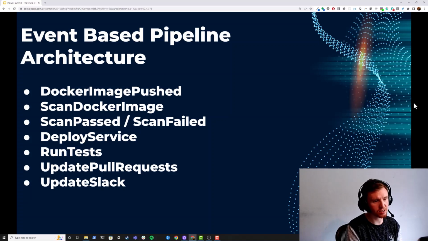And in this case, as the example, it's scanning Docker images, and if it's passed, then it will move on to deploy, and then deploy will do that, and then it will say deploy complete, and then a run test will be listening for that, and it will run the test, and if the tests pass or fail, then eventually there's that. Now in the CD Foundation, they're working on the CD events,